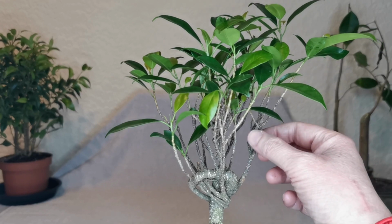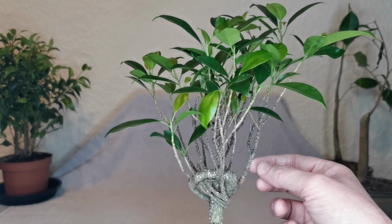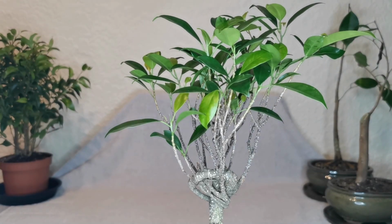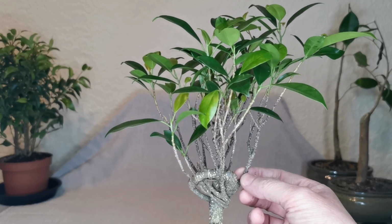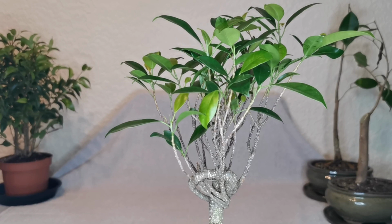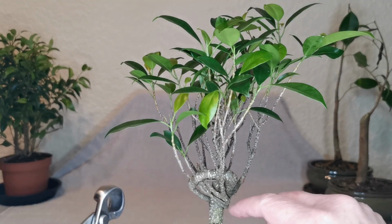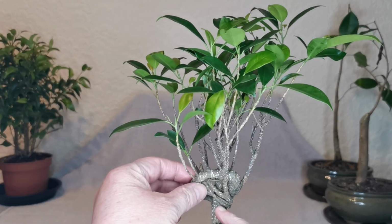Now they do tend to back bud, but it's kind of judging where they'll back bud, because you can't really tell. It's kind of a 50-50 kind of thing, you know. Well, if you cut it back, it either will or it won't. It depends on what mood it's in, I guess. I don't know. But anyway, so this one here, we've got like three